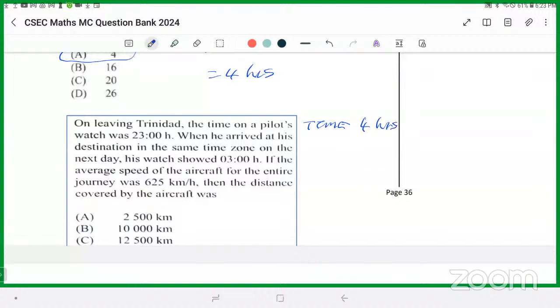If the average speed is 625 kilometers per hour, then the distance covered is 4 times 625. If he's doing 625 every hour, per hour means every hour, and he traveled for 4 hours, then his total distance is 4 times 625. So the distance becomes